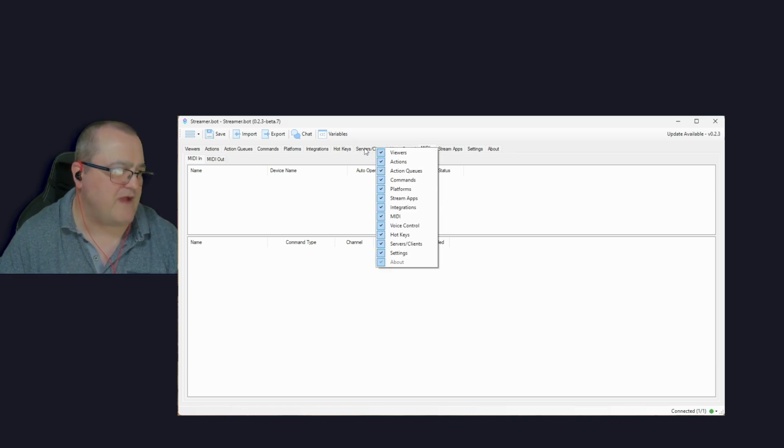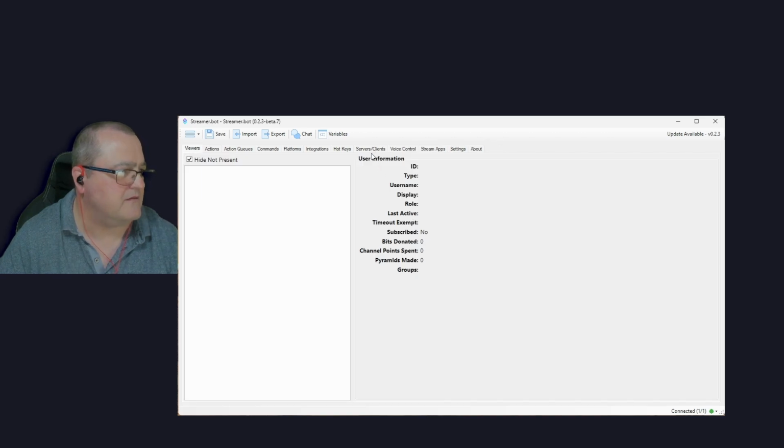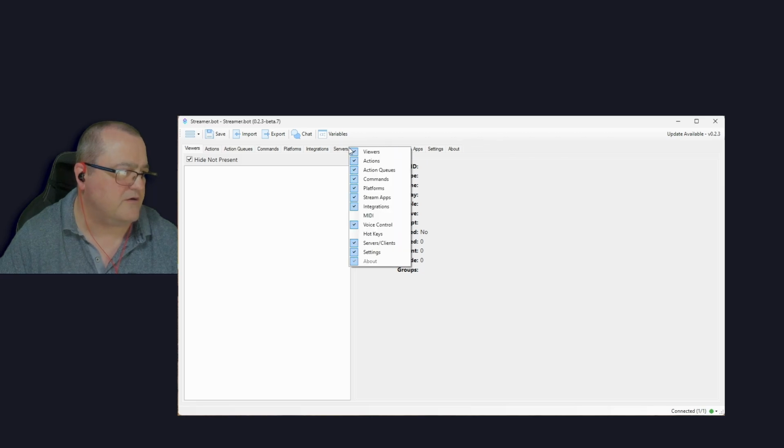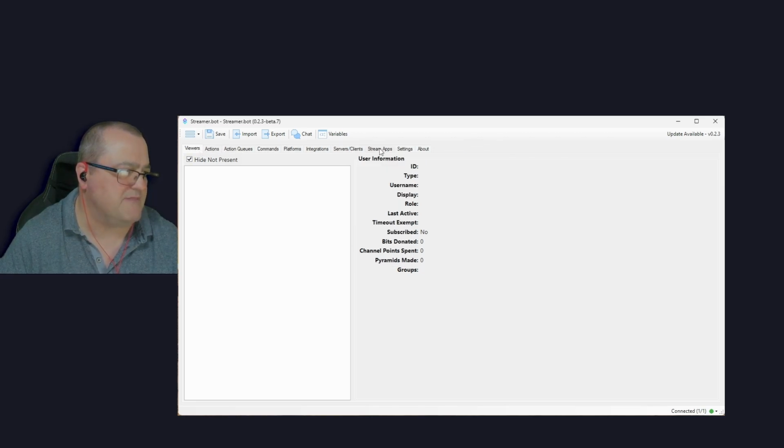You can actually right-click on any tab and you can remove anything that you don't actually use. And you don't have to be on the specific tab that you want to remove. So as you can see, I'm on the integrations tab and I can actually remove hotkeys. I can remove voice control. So this minimizes the amount of top line tabs that you get,